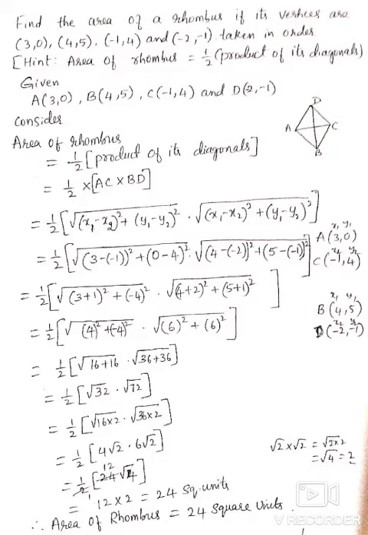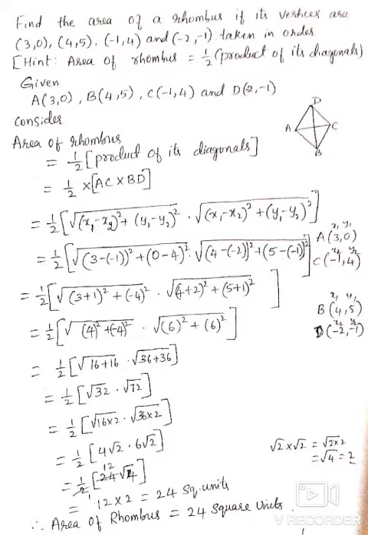That is half of square root of 16 plus 16, 32, into square root of 36 plus 36, which is 72. Again you can split square root of 32 as 16 into 2 and square root of 72 as 36 into 2. That is half of square root of 16 is 4 root 2, square root of 36 is 6 root 2. That is half of 4 sixes are 24, root 2 into root 2 is square root of 4. So that is 1 by 2 into 24 root 4.